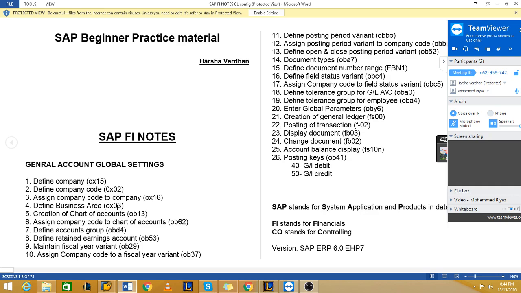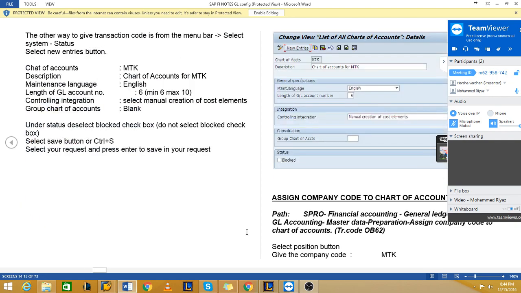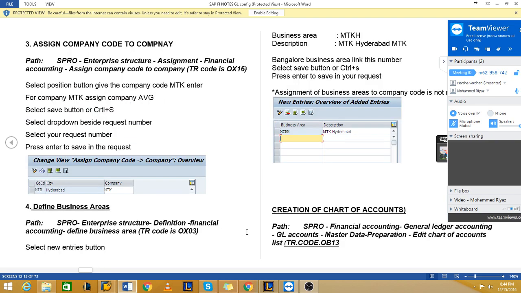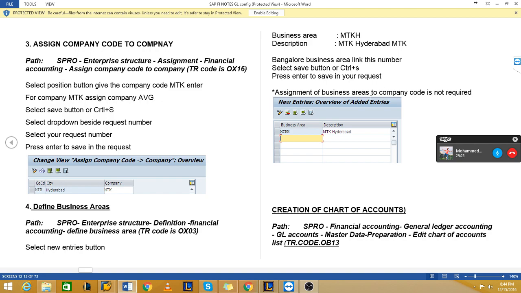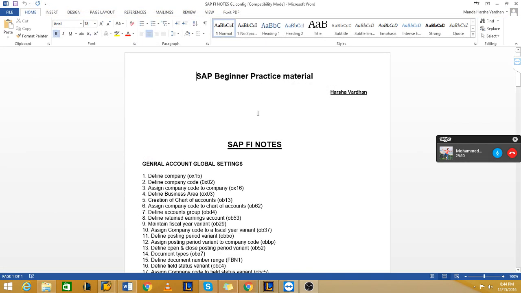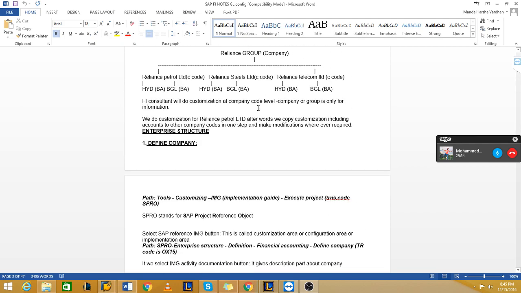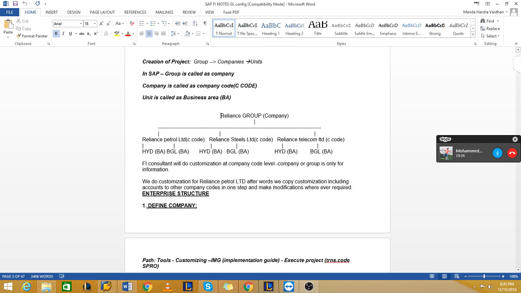And then we'll define a business area. I will follow this one only because if there are any errors we can identify. So here you can see Reliance is a group, which is called a company.